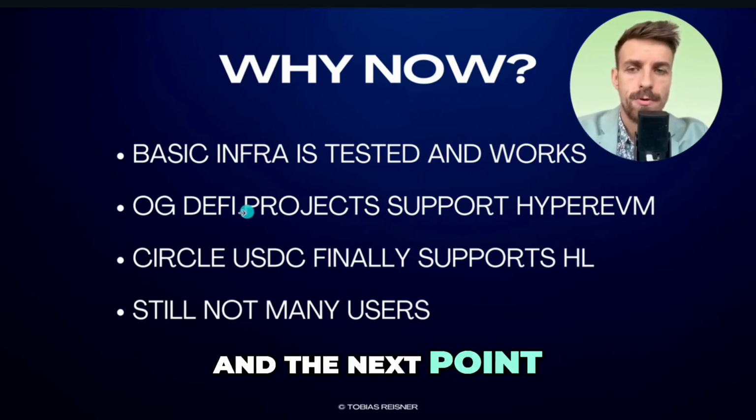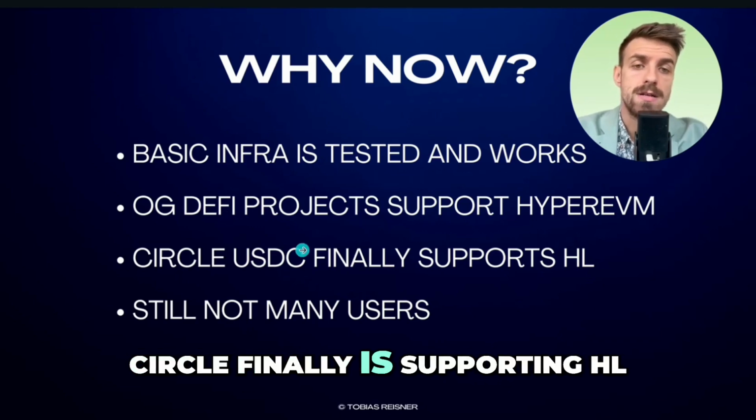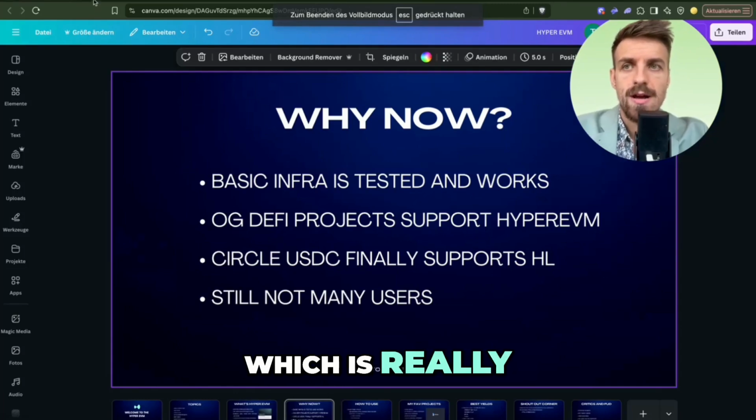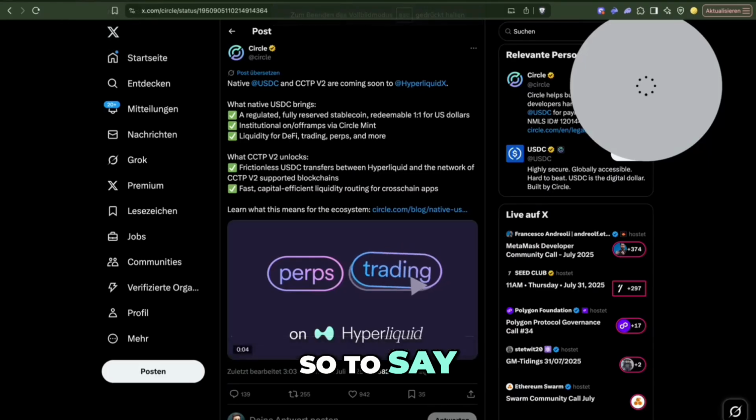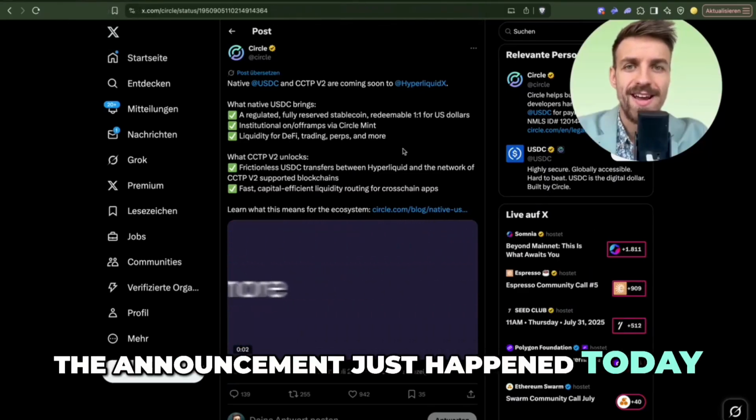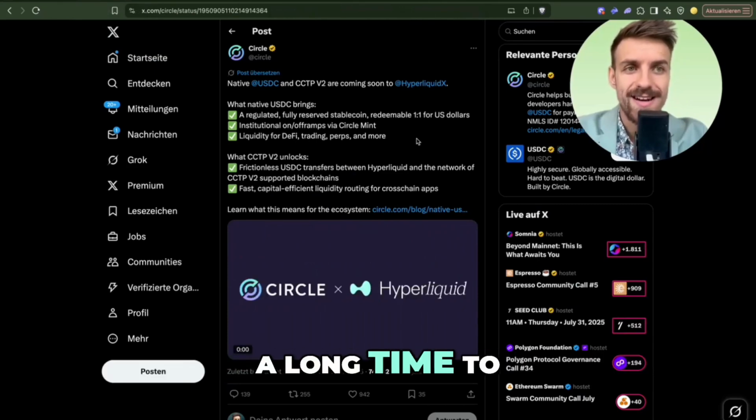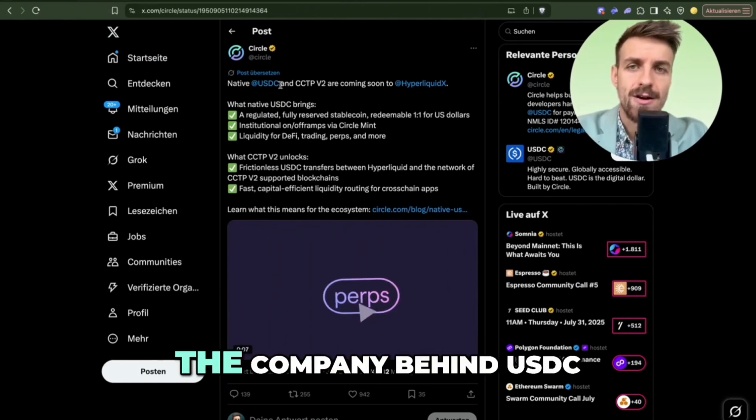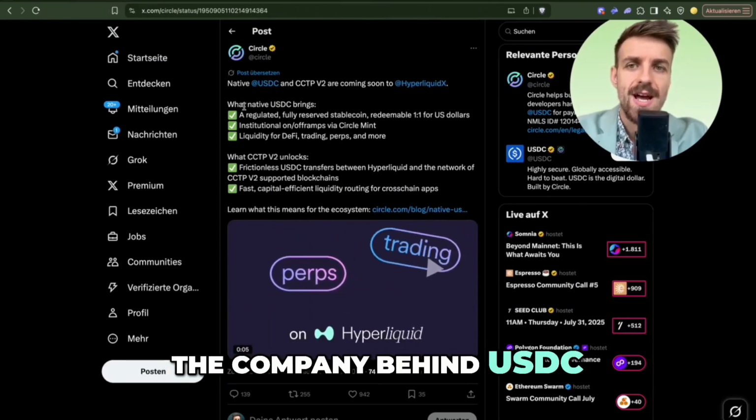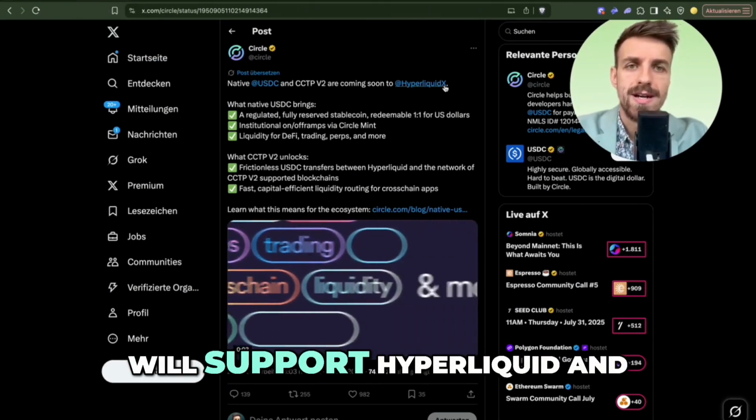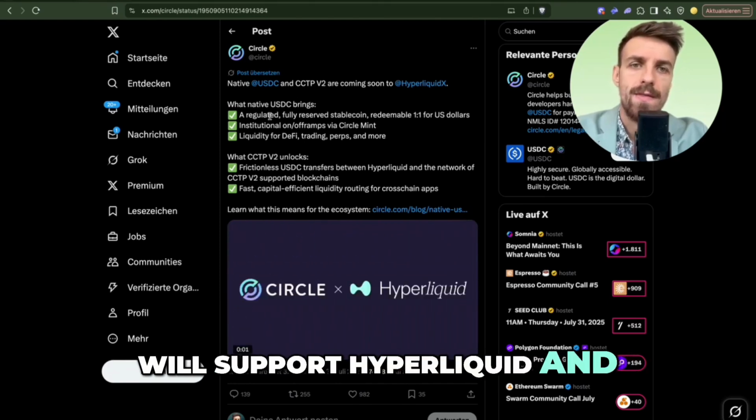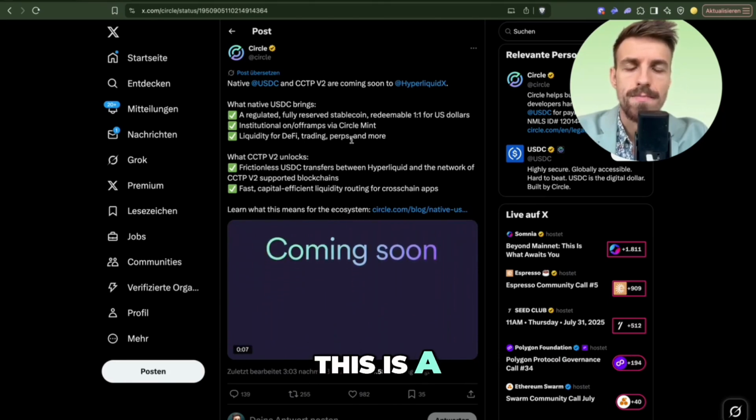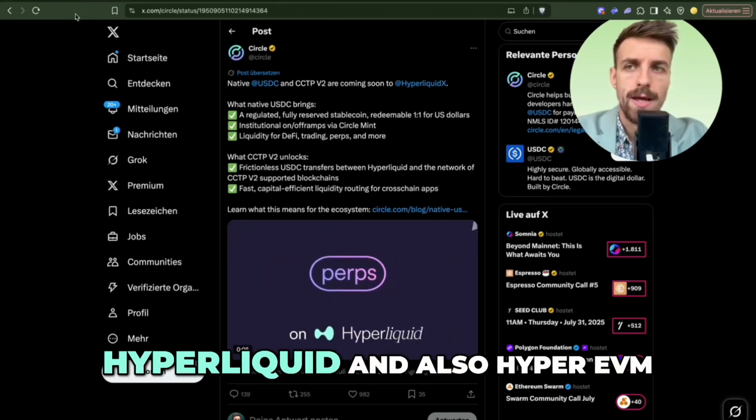And the next point, Circle finally is supporting HL, which is really fresh off the press, so to say. The announcement just happened today. It really took them a long time to do this, but now USDC or Circle, the company behind USDC, will support HyperLiquid and, of course, this is a huge step for HyperLiquid and also HyperEVM,